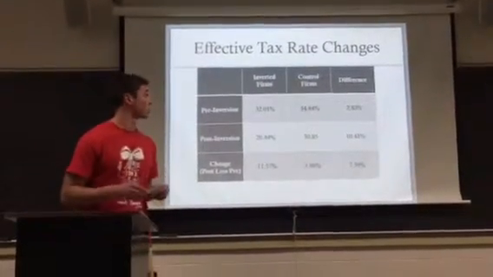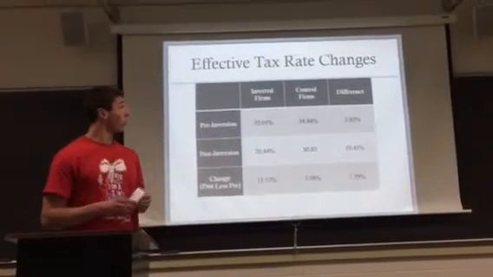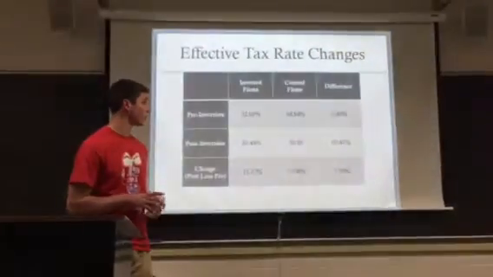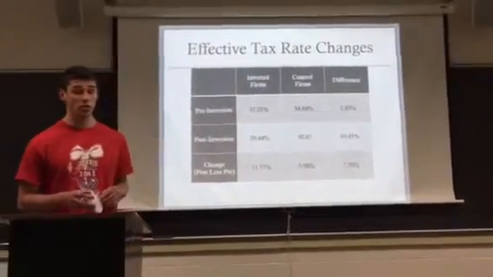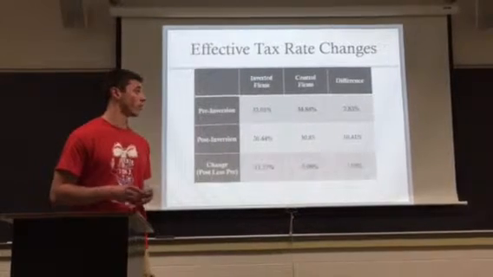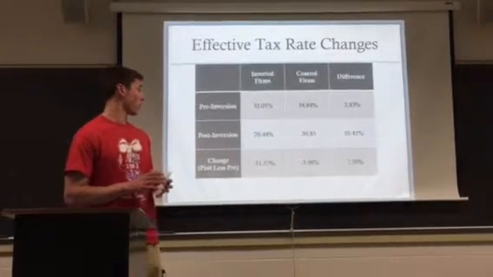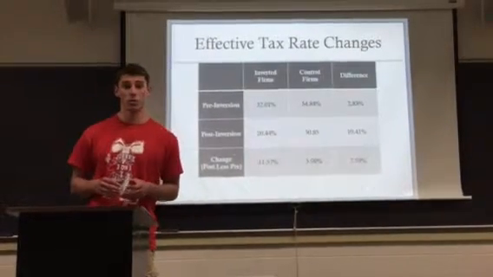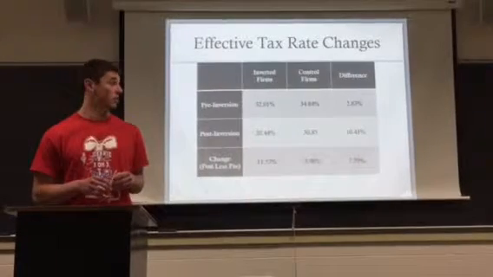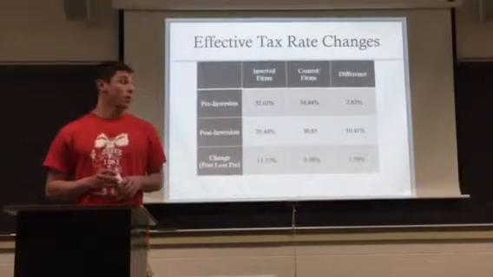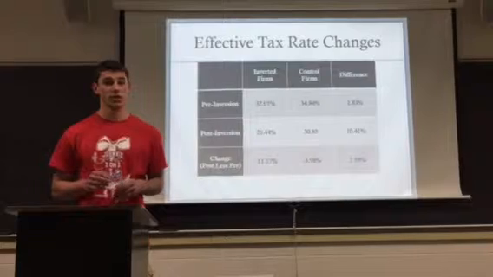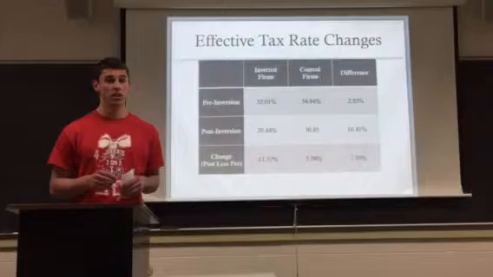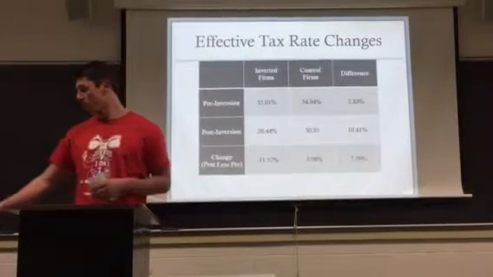The first table that this study looked at dealt with the effective tax rate changes. As you can see, the study shows that the difference between the control firms and inverted firms in pre-inversion years wasn't very substantial. However, upon inversion, the difference between the control firms and the inverted firms jumped from roughly 7.6% up to 10.4%. This large gap of 10.4% gives inverted firms a competitive advantage over control firms when it comes to increasing revenue due to lower tax rates.